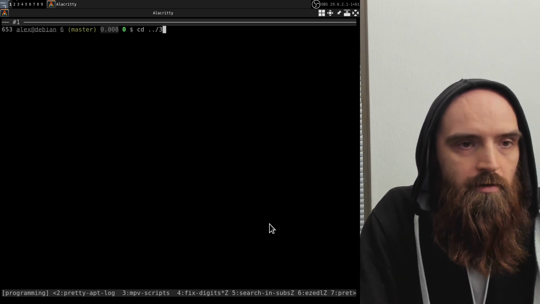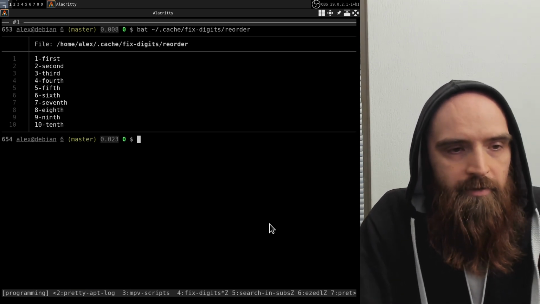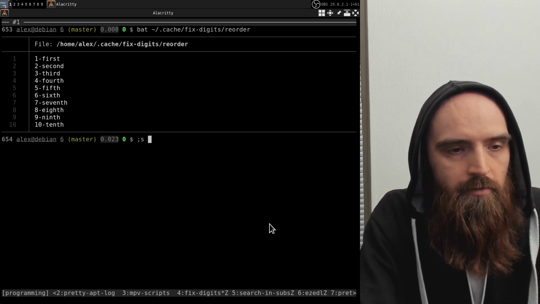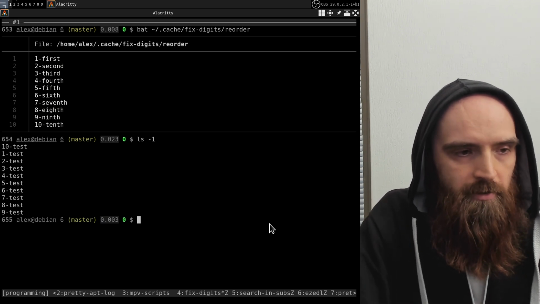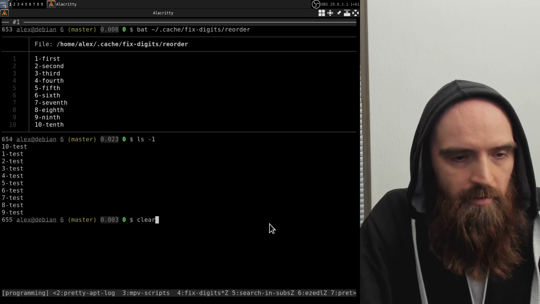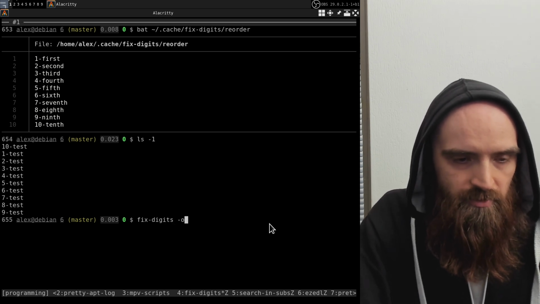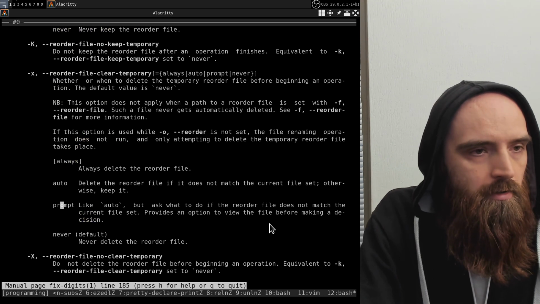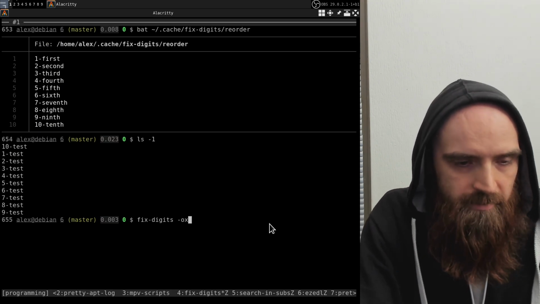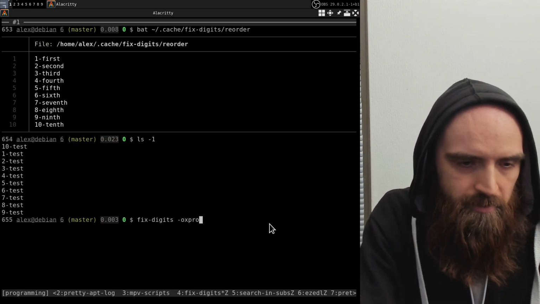So this is what we have in the temporary file now. This is what we are gonna be running this on. And if I run fixeddigits -o -x always, or not always, but prompt,